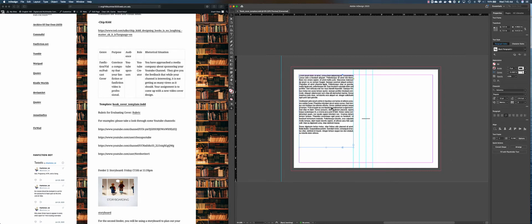Now, some of you might be unfamiliar with the text that's here. You don't have to actually put text in it at all. I'm using the Lorem Ipsum, which is a series of Latin texts that a lot of companies use as filler text.